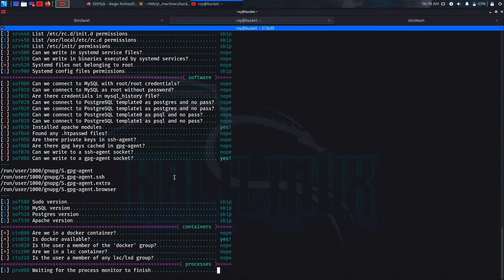So after this, linpies might get lots of data, but LSC is not as big as linpies, so it doesn't run that much. So it sees: is the user a member of the Docker group? No. But is Docker available? Yes, it is. We actually didn't see, but if you do ifconfig, Docker would be available. So I have Docker installed, but then